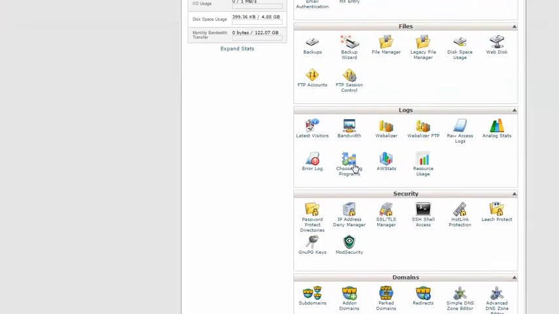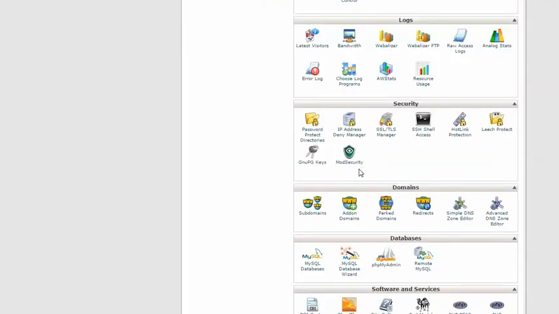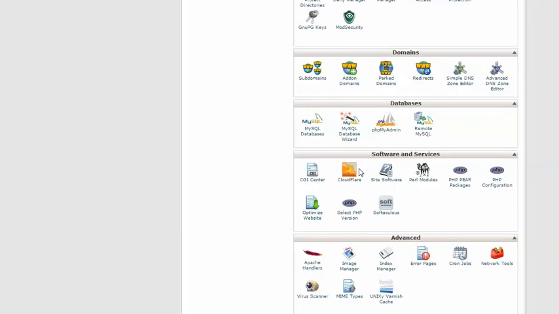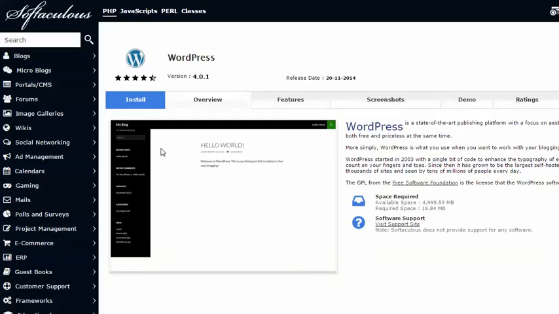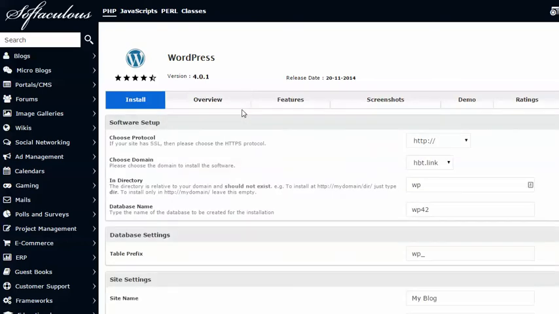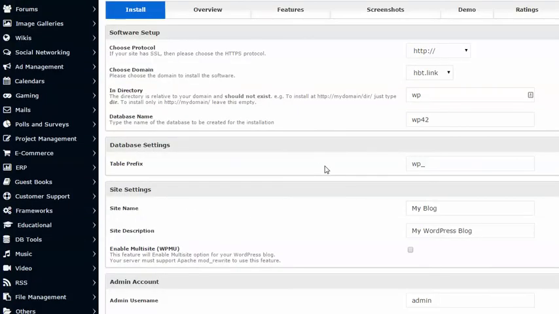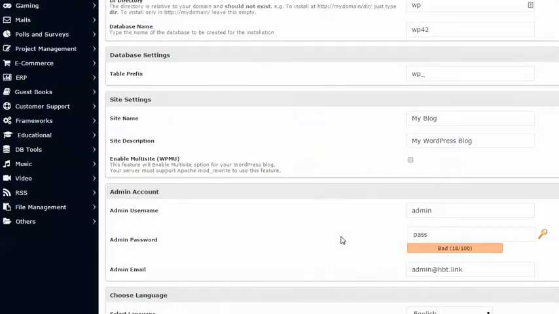My new hosting company doesn't have Fantastico, but it does have, let's see what it's called here, Softaculous or whatever. I don't know how to say that, but we're going to go ahead and install WordPress real quick. It's very simple. Install,